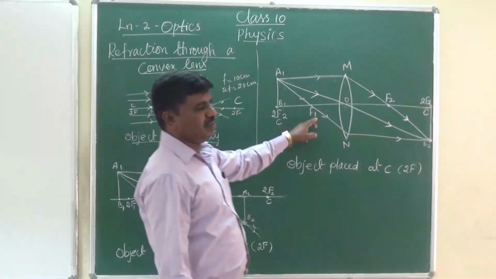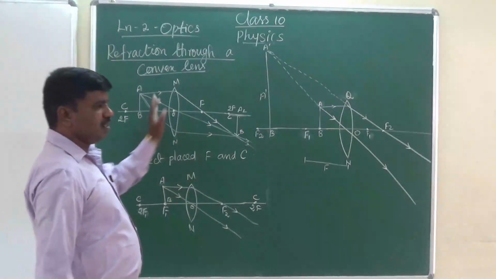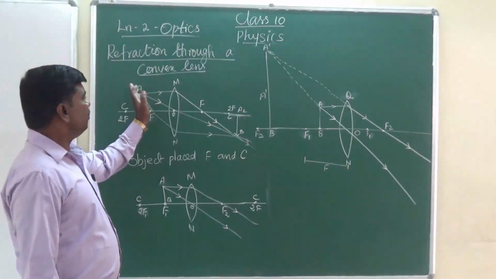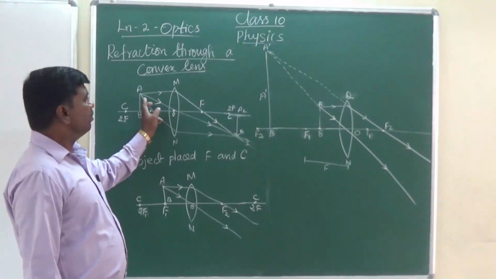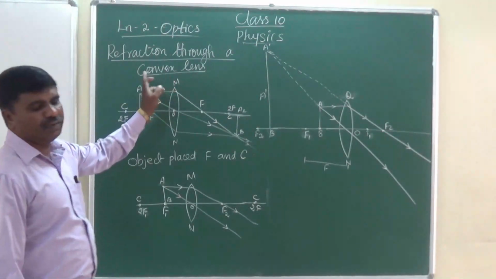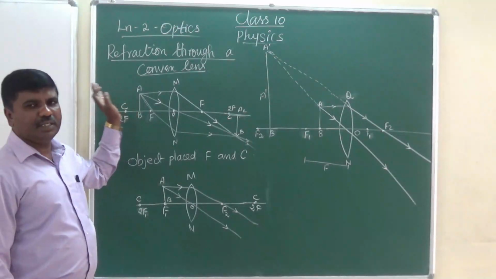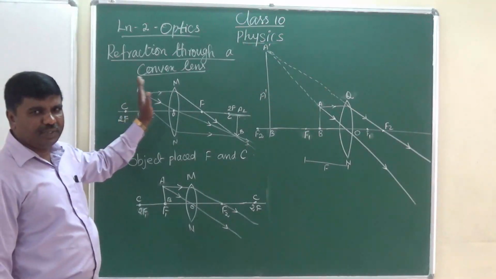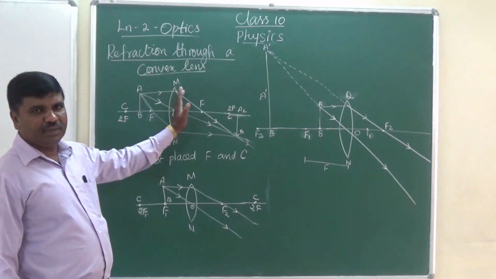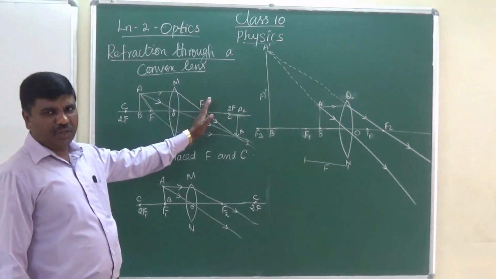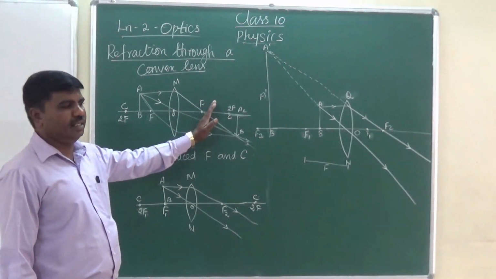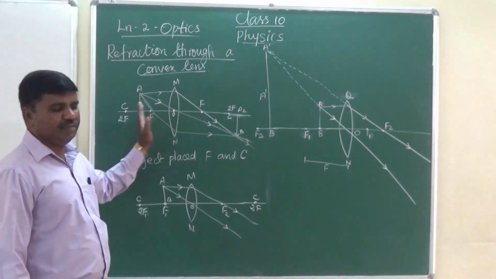The same concept we are using here. Okay, students, we are going to see the fourth diagram: refraction through a convex lens. First diagram. So what is it? That is the source which is coming from infinity distance and we are getting the image at the focal point, focal length. Then 2f distance, the same way we saw.